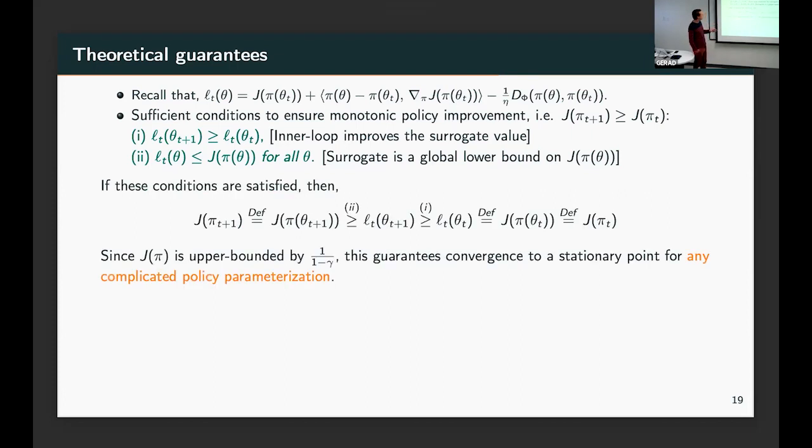Okay, so if your conditions are satisfied, and so the great thing, when I told you we can lift all of the results from the tabular setting, if we have all of these conditions, then we do have convergence to a stationary point, and I haven't said anything about the policy parameterization. The only price I will pay for a policy parameterization that's complicated, like a deep net, is that I'm not going to maximize that surrogate very well. So maybe it's going to take me more steps. But I'm still guaranteed to improve. So no matter what policy parameterization I have, I am guaranteed to reach a stationary point of the original function.